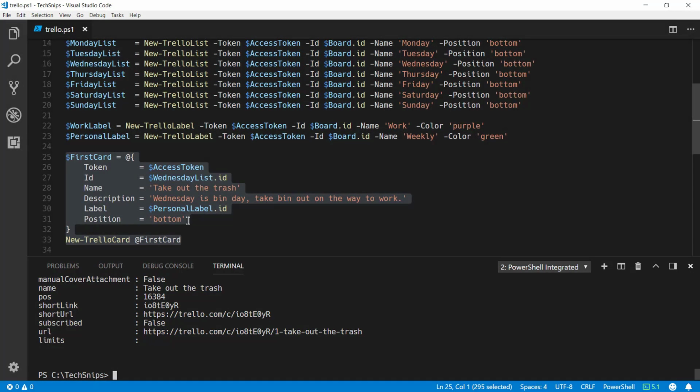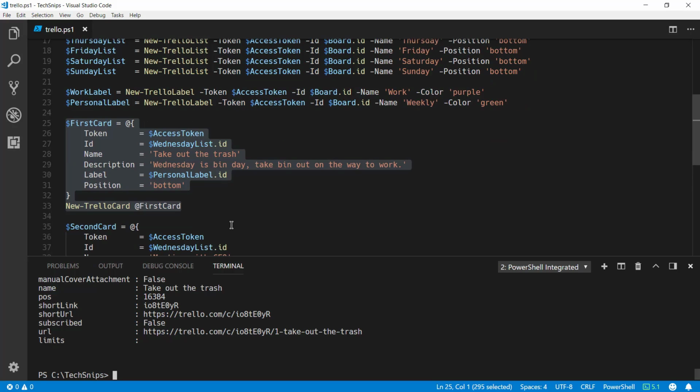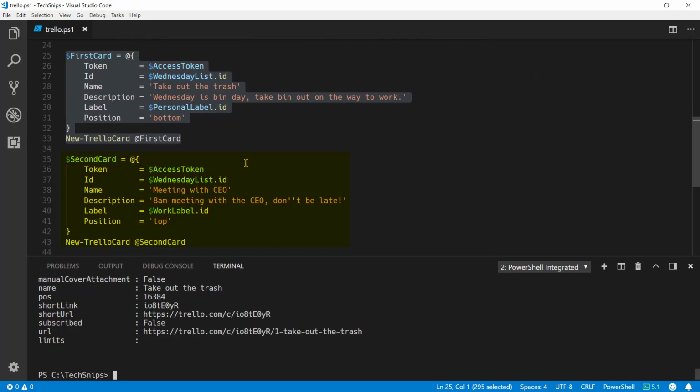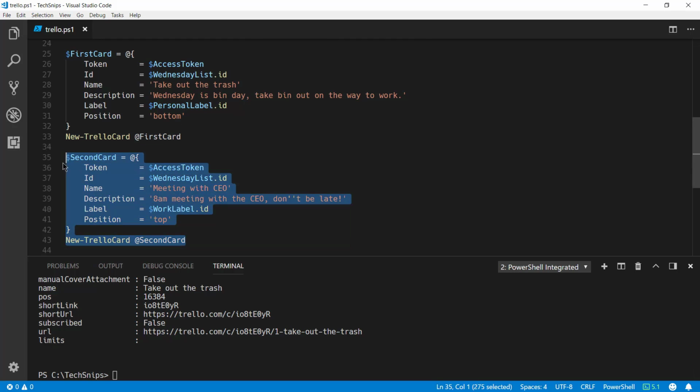Notice the position here I've specified as bottom, as this is going to be the first card in that list. This won't have any impact, but if there were other cards it would naturally be placed underneath all of the existing ones. If we go ahead and create a second card, this one is also on the Wednesday list, but as this is a very important card, given the nature of what it represents, I'm going to set the position as top, meaning it should appear above the previous card we just created. I go ahead and run this,